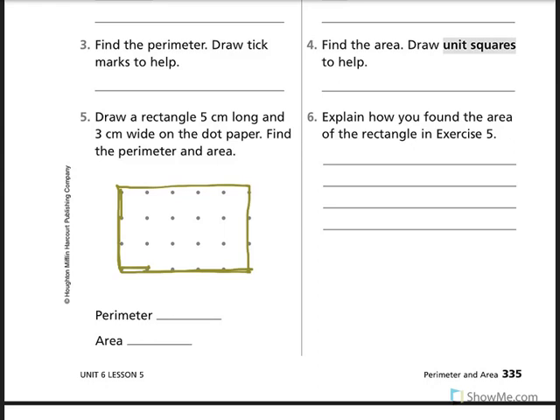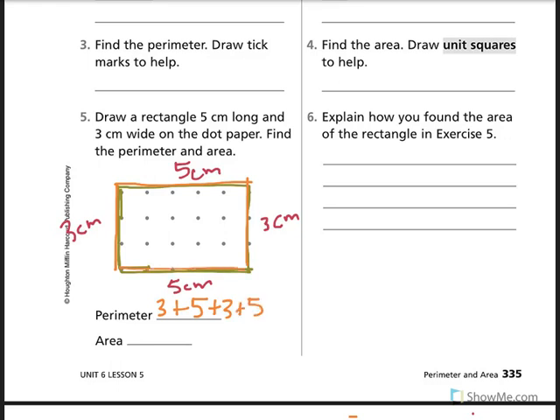Now, let's go ahead and label our sides. This is 3 centimeters, 3 centimeters. This is 5 centimeters and 5 centimeters. So remember, to find the perimeter, it's the distance all the way around. So that's going to be 3 plus 5 plus 3 plus